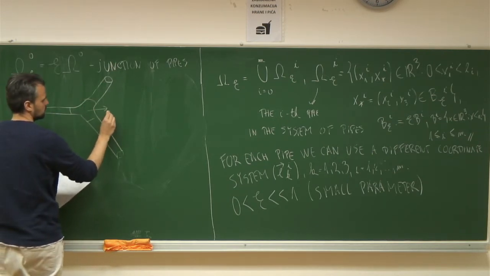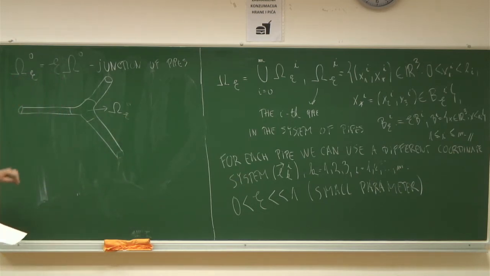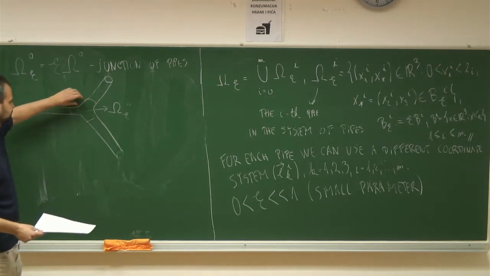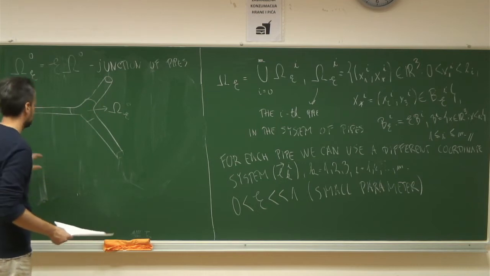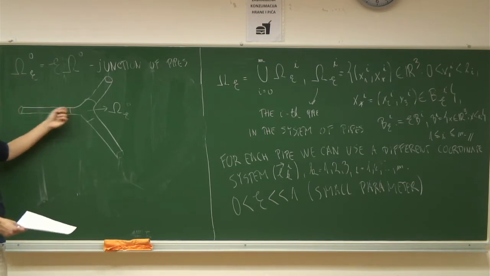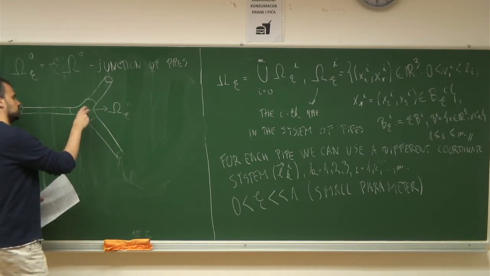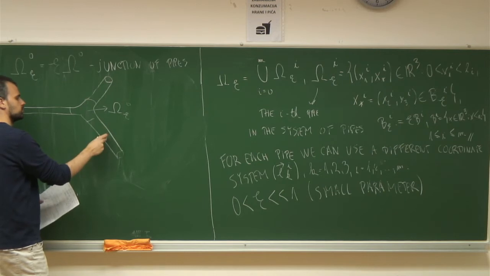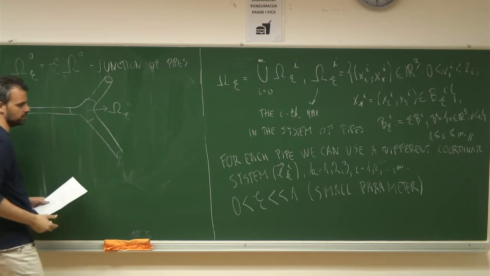So let's say we have omega epsilon 0 here. So you will have a solution here in the junction of pipes. In these pipes, it's well known that you need to have a Poiseuille flow, at least when you move away from the junction. So somehow you will need to find the solution of the Poiseuille flow, and match them in some way,